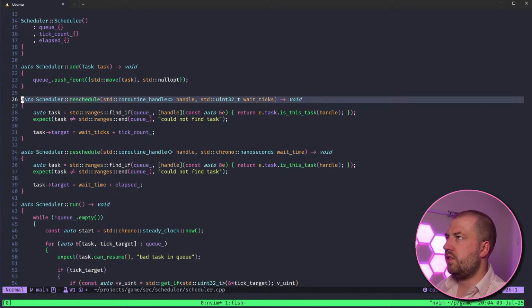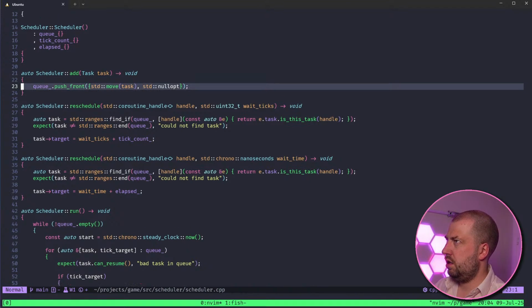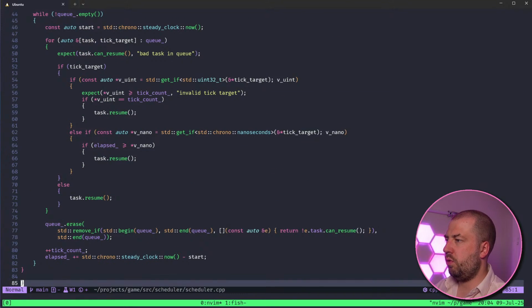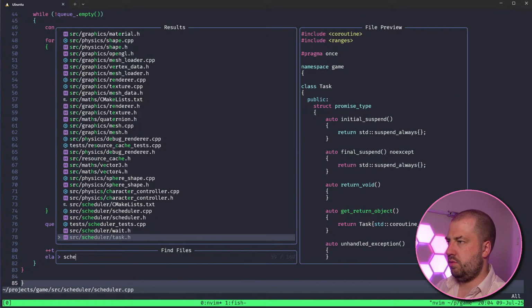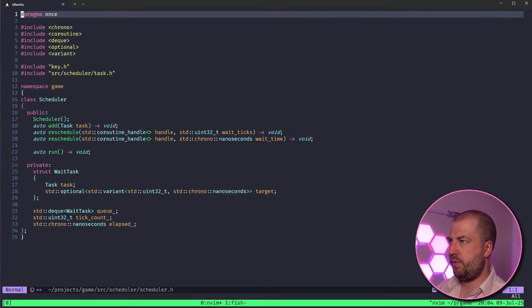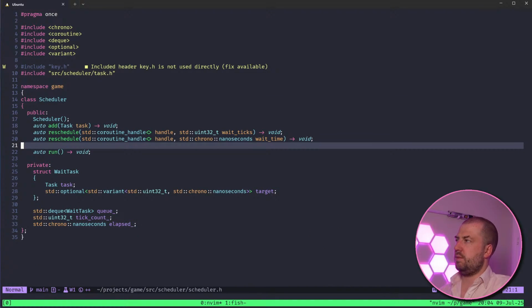So I want to get rid of this variant. And also I was thinking about this. I think my queue is wrong in the sense that I don't think it semantically does what I want it to do. I'm using a deque and I'm pushing new tasks to the front, which basically makes it a stack, right? I want to be pushing them to the end. I think I can replace the deque with a vector. It'll make erasing from it easier. And I think I want to execute things in the order that I push them, not the reverse order. So I think I've just made a mistake there.